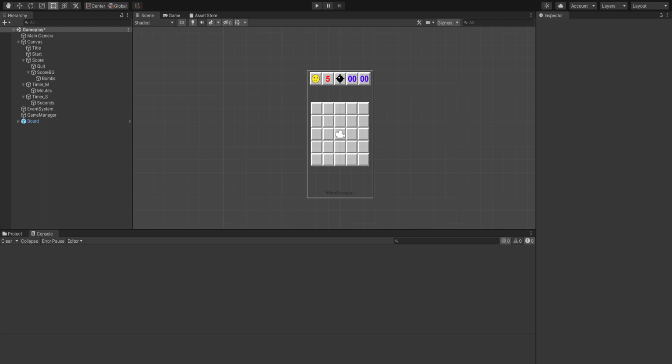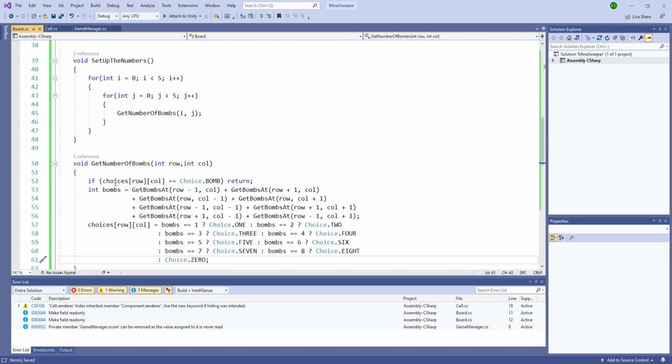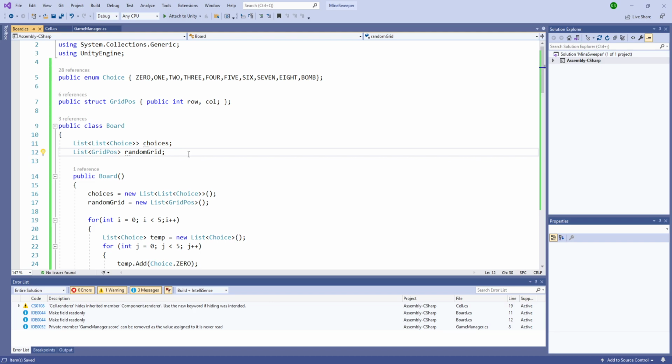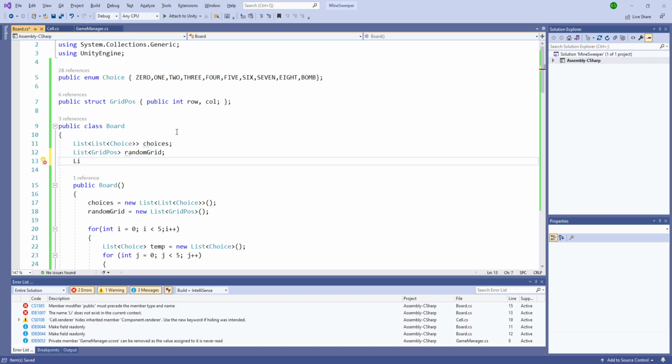So I'll get back to my visual scripting and the game manager is created. Now I need to get the score. So for getting the score, let's go into Visual Studio and get the score in the board script. The board script will need another two variables. The variables are going to be the list of the diffused bombs, which is a list of type GridPose,